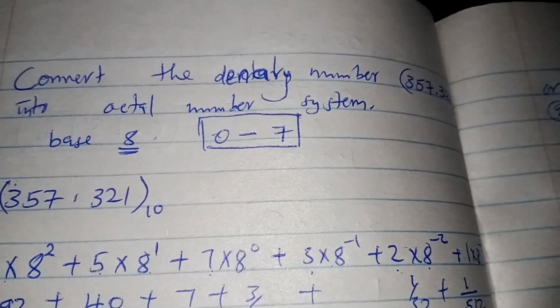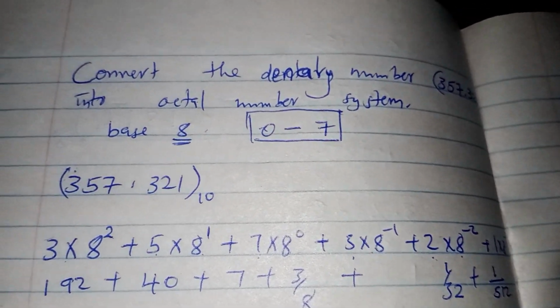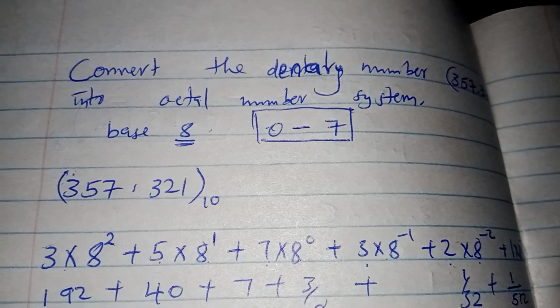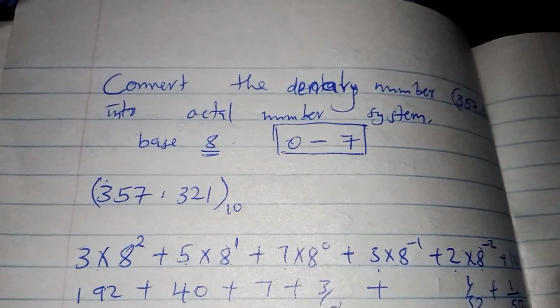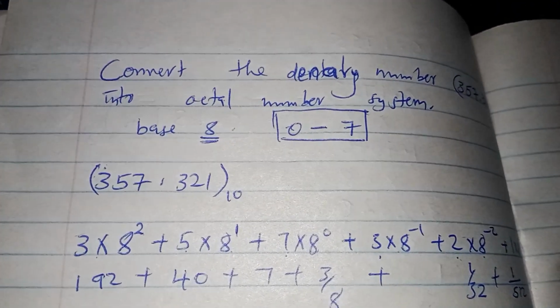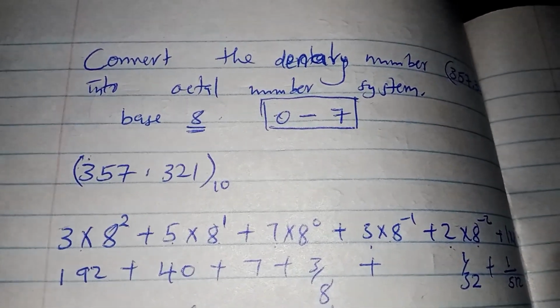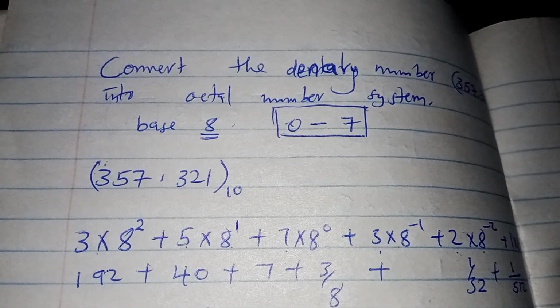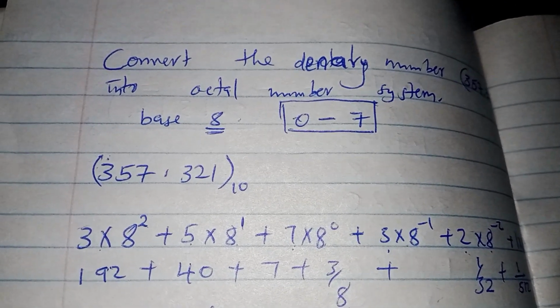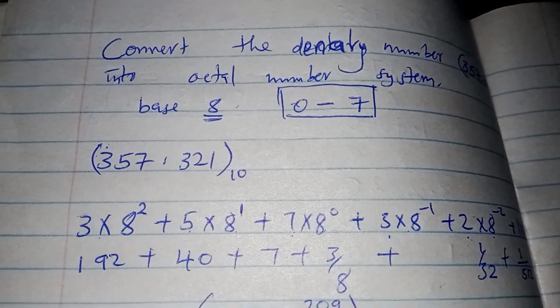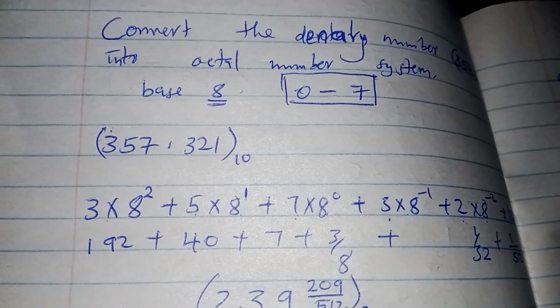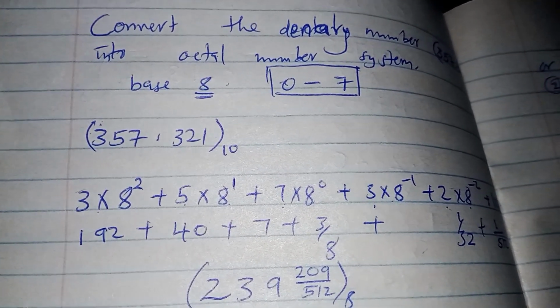First, we said an octal number is a number system whose digits are 0, 1, 2, 3, 4, 5, 6, and 7. So 7 is the largest number that can be contained in an octal number system, and 0 is the smallest. Once again, we said in hexadecimal